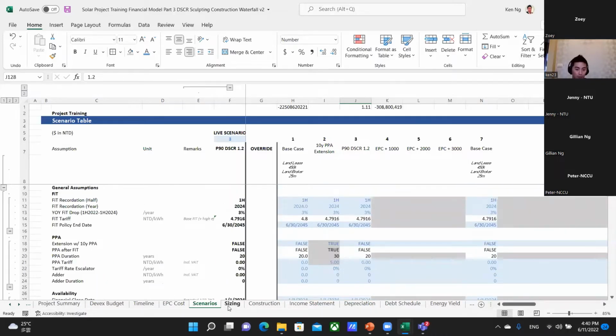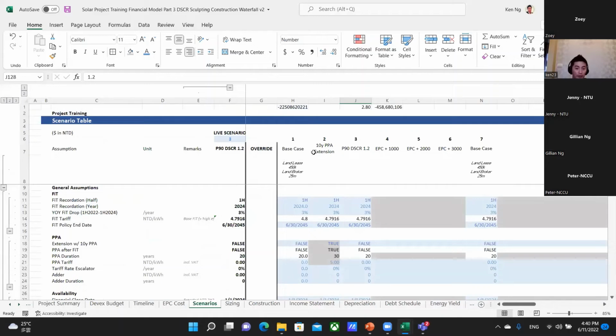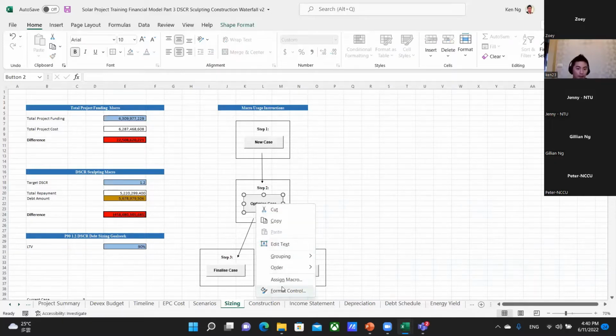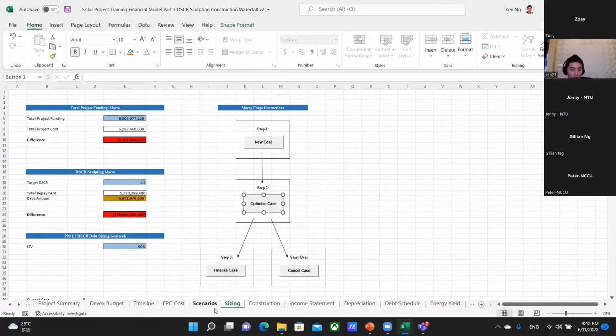Let's go to the sizing worksheet again. So click on new case. Right, so we're in scenario 3. So it's picking up all the numbers from scenario 3 and exporting it here, right? Now, I've got a switch in here. Actually, it's in the coding in the macro. So in the coding in the macro, I've got an LTV switch in here, right? So if you go here,